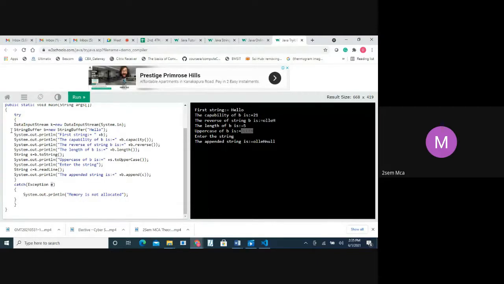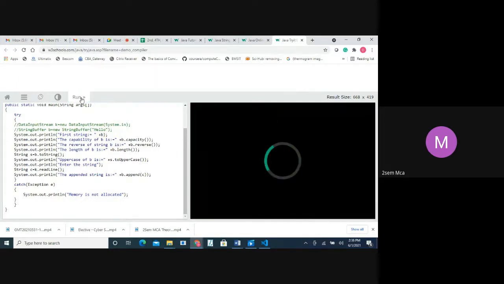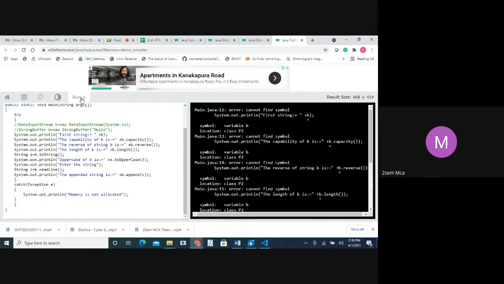Let us just try it out. Let me make some errors and run. Someone asked me what the try and catch block is.